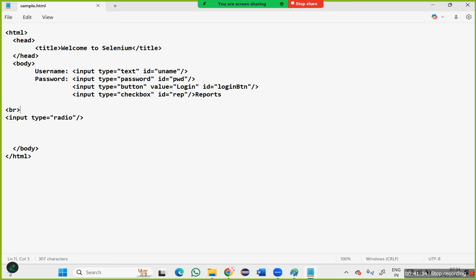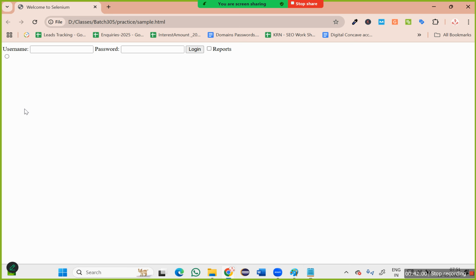But normally developers won't use any BR tags. What happens if they use BR tags? The alignment across browsers will get mismatched. In this browser it will look good, but in other browsers it won't look good. That's why what we are going to do,